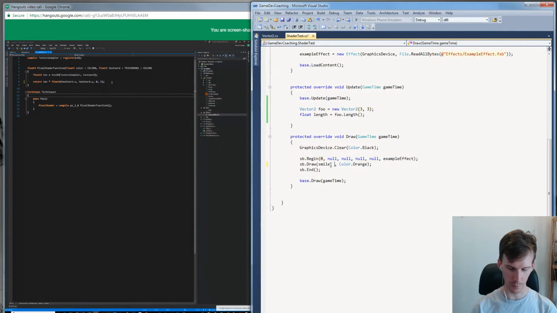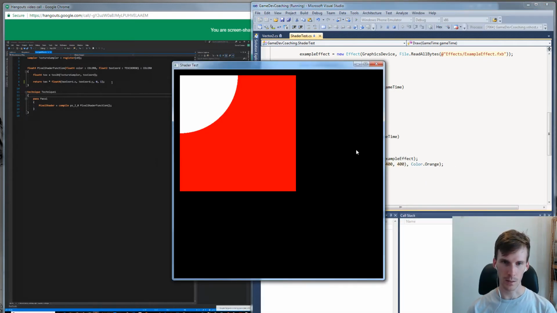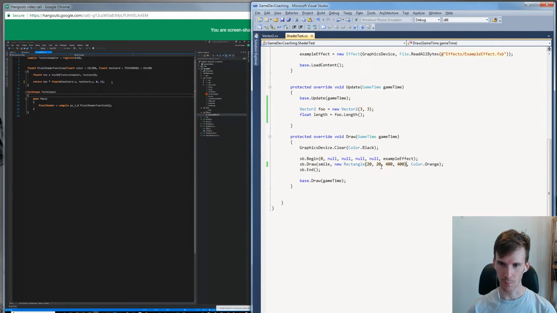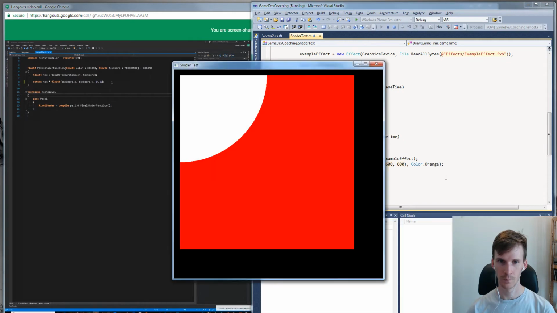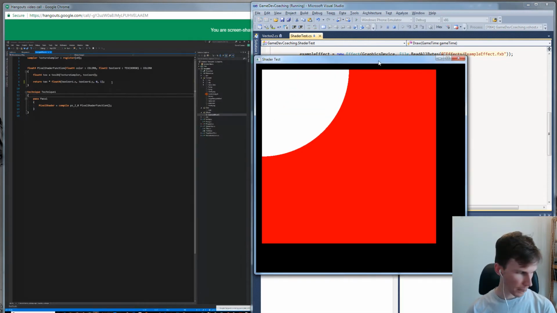What else are we doing? Yes, and so at this point I am increasing the size of the thing being drawn just so we can see it more clearly. Do I increase the size again? Yes, I do. Just so I can get a nice big graphic. You know, bigger is better.